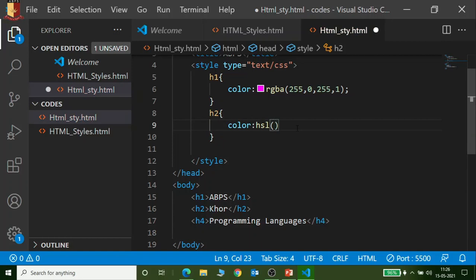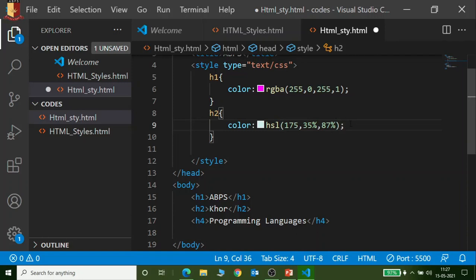HSL, and the three different parameters, suppose 175 first one I give, next one in the form of percentage as I said, and another one in the form of percentage, suppose 87% or 89%, whatever you want. Okay, and the semicolon.